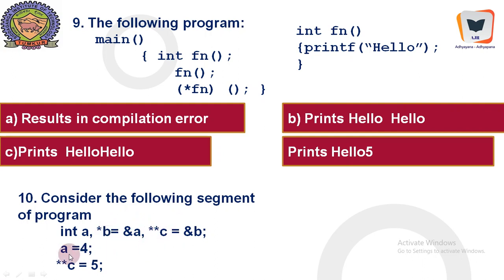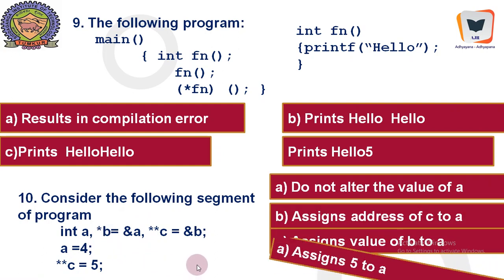So, if a equal to 4, you are going to place value 4 in the address of a, in the location of a, into that particular cell. Okay, therefore, star star c alters the content of the pointer pointed by c. It alters the content of the pointer. The pointer is this, pointed by c. C points to b. Therefore, what we get is